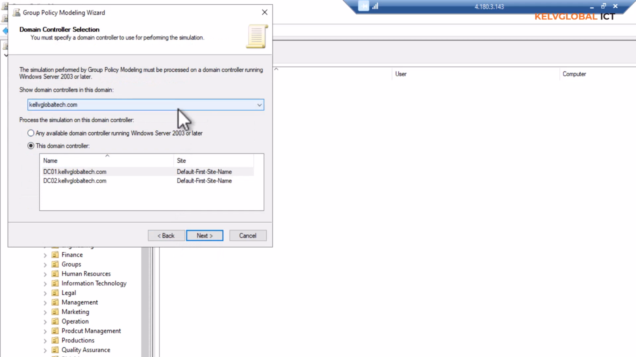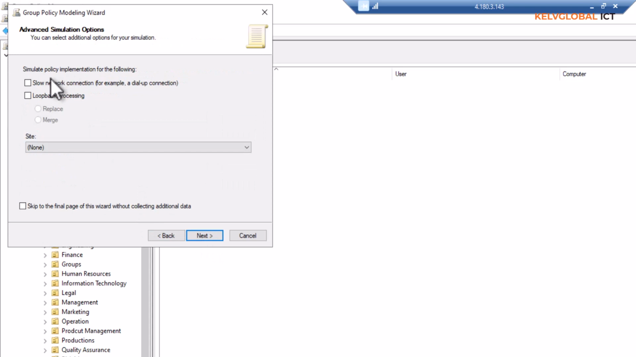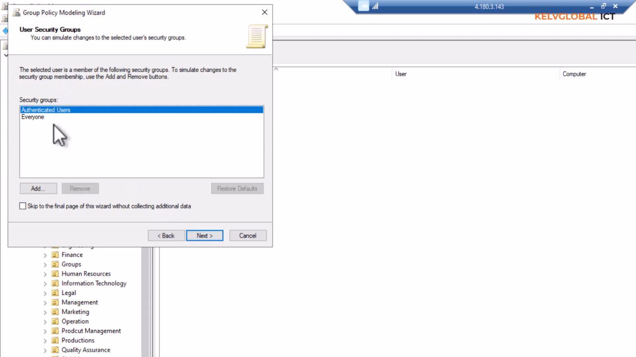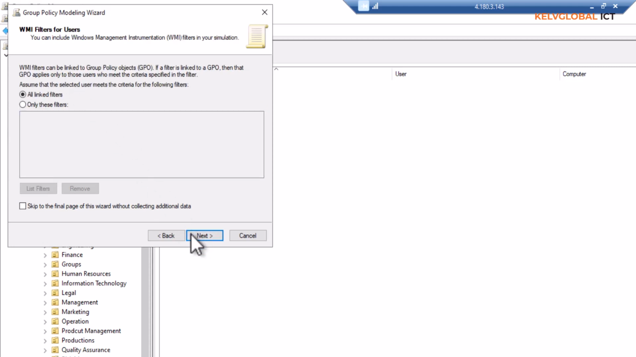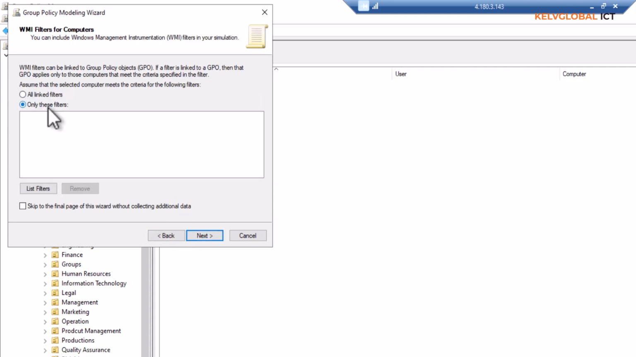And mind you, if you have a different domain, you can choose from the domain, and then we can go to next. You can see you want to select from the computer information and also user information, and then we can click next. Slow network, I don't want to select anything here. Let me just click next. Security group, I want to say authenticated users, next. And for the computers as well, the same. I'm just going to say all linked filters. We can also select only the filters, but I'm just going to select all